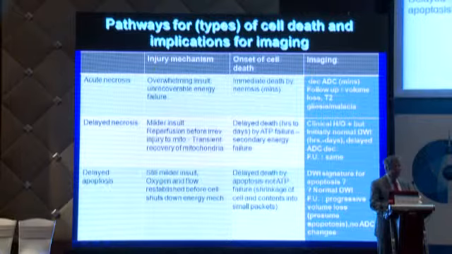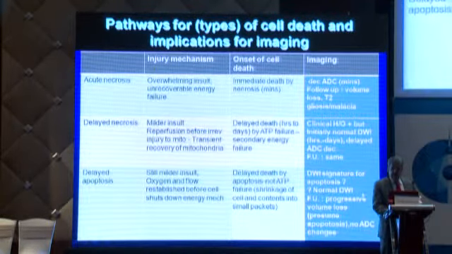Another pattern that happens is once there's an insult and there's reperfusion, some of the cells get a signal that they need to die off, so there's delayed apoptosis, which means cell death which is programmed. And in that case, you don't see any diffusion restriction, you only see volume loss, and that takes time to develop. So this is something we cannot detect with early imaging, it's only with follow-up imaging. But this pattern of delayed cell death is very important to remember.